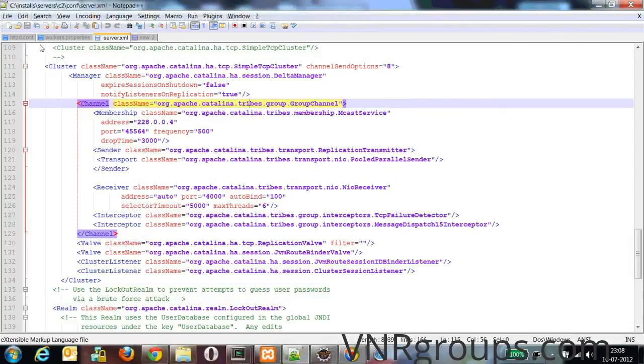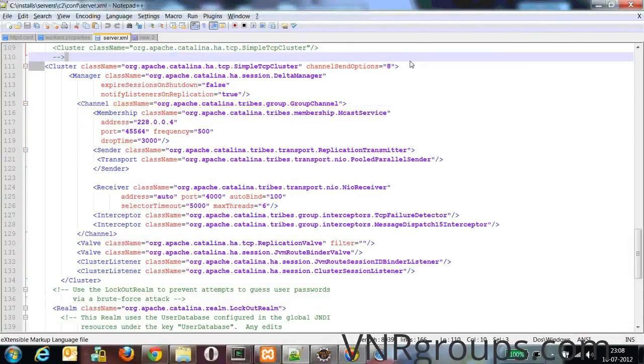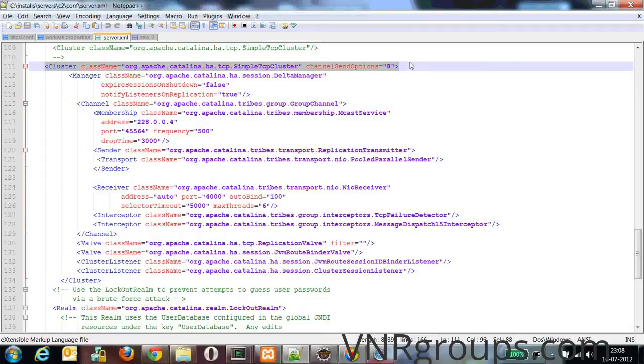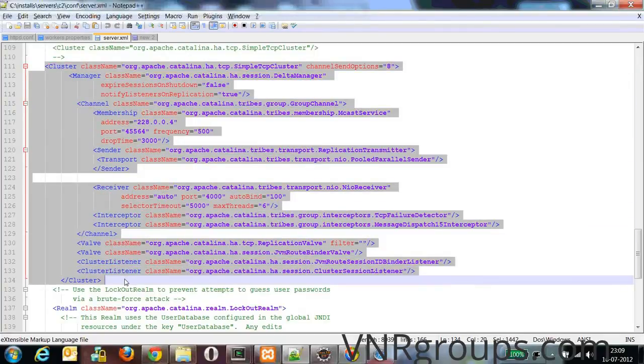As I told you, we have to uncomment the cluster information in the server.xml file, which resides in the conf directory of the Tomcat installation path. Now, we need some other parameters, so I'll tell you which ones. This is the complete cluster configuration of a single Tomcat instance, or single Tomcat server.